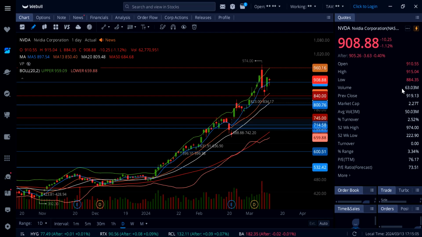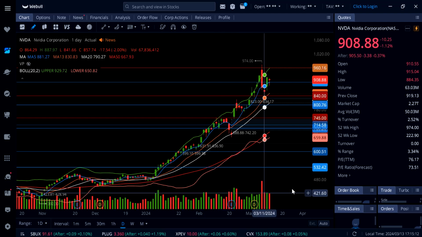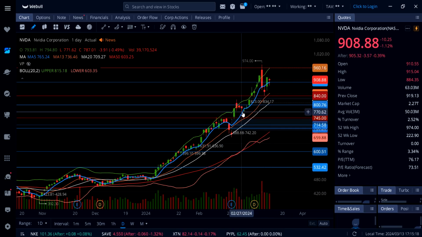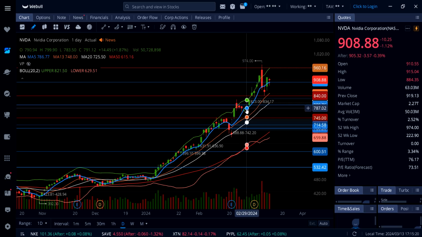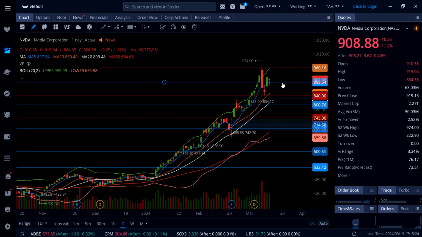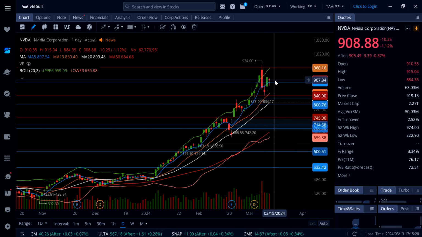On Nvidia, stock is down just over 1%, and look at this move on Nvidia all the way down to 884, and look at this pump back up to the upside, again holding above 900 and holding above rising 5-day moving average, which is sitting right here around 900. So that's going to be a strong support to watch on Nvidia stock right here, 898 to 900, and below that